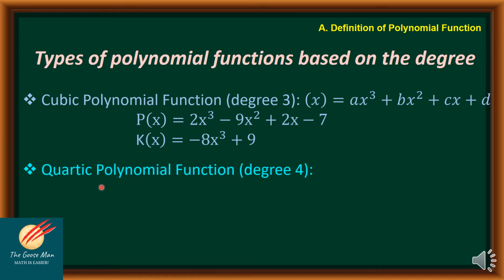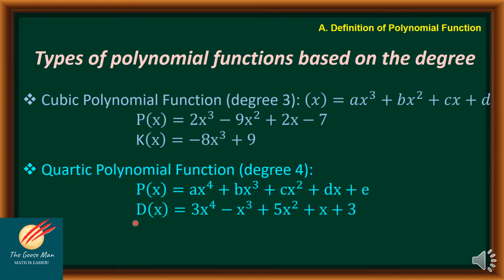Next, the quartic polynomial function that has a degree of 4. This is in the form of ax to the fourth power plus bx cubed plus cx squared plus dx plus e. Take note that a, b, c, d, and e are constants or the numerical coefficients. Let's have an example. D of x is equal to 3x to the fourth power minus x cubed plus 5x squared plus x plus 3. Another example is e of x is equal to 5x to the fourth power minus 2x cubed plus 7x squared plus 9x